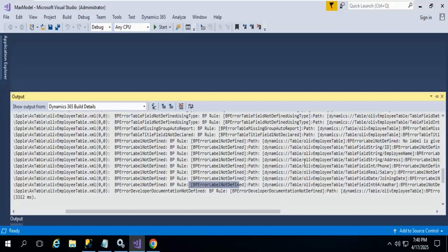Success in the sense that you will not see the BP errors. For a few projects they might give an exception for the BP errors, but in most projects these days everything is needed, which means BP errors also should not be there. So be cautious about that and try to follow the